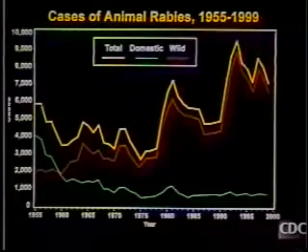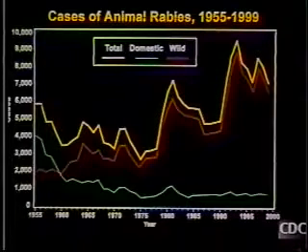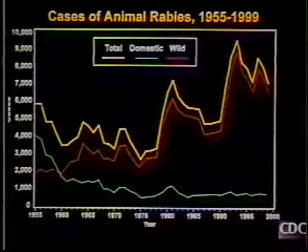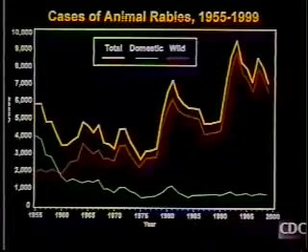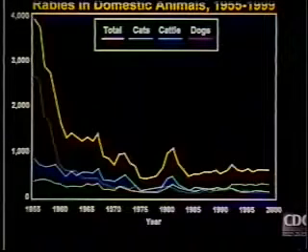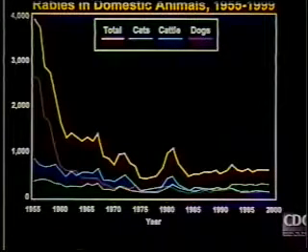You can see from this slide that the number of cases of reported rabies has continued to largely go up over the last several years, and what has largely gone down has been the numbers of cases in domestic animals, while the number of cases in wildlife has continued to go up. And in this slide, among the domestic animals, we show that the numbers of cases in cats now in the United States exceed the number of cases in dogs.